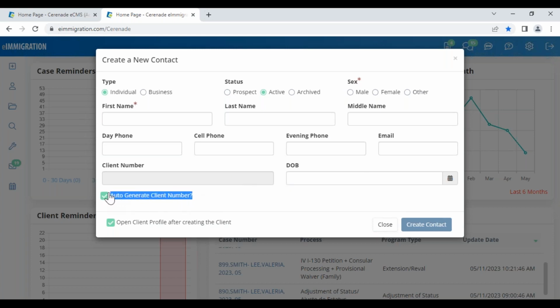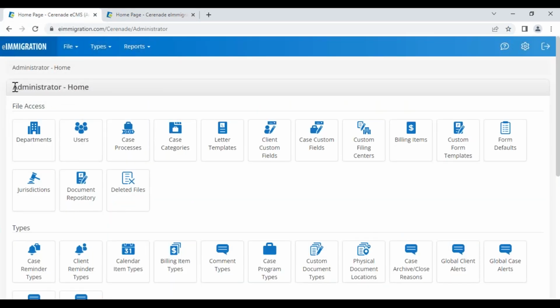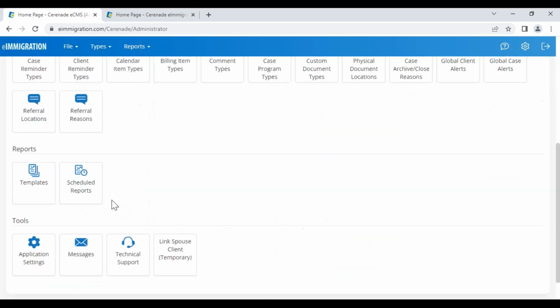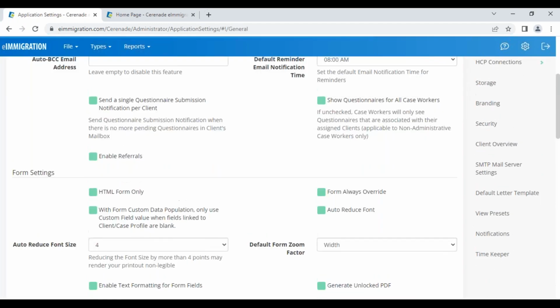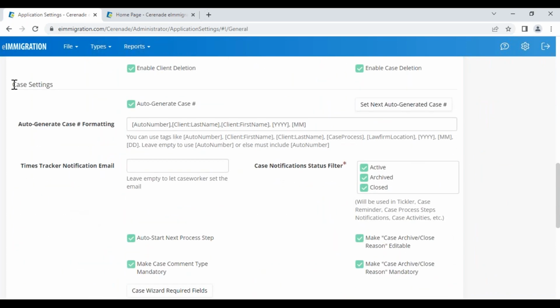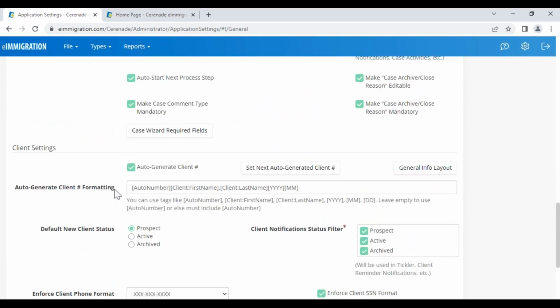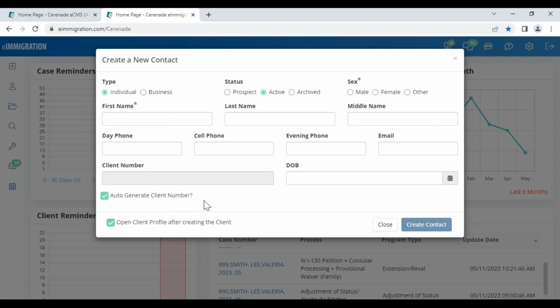That's if you have customized the system. Now remember, maybe you don't have access, but in eImmigration, you also have an administrator portal. We just did a video recently, I think it was last week, on the admin portal. And one of the things that you can customize is the application settings over here. If you scroll down, you can customize the case and the client settings. So the system can auto-generate those client numbers, and you save time. So anyway, if you want the system to auto-generate the client number, you can just go into the admin